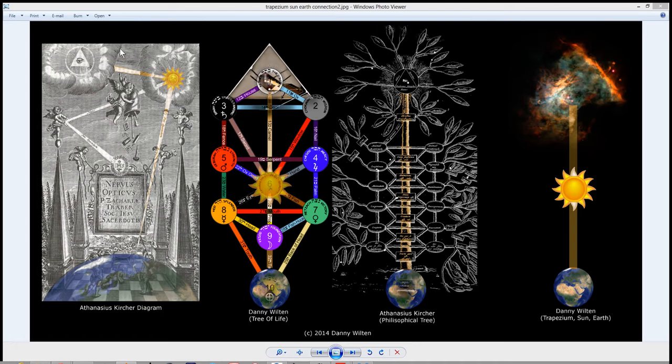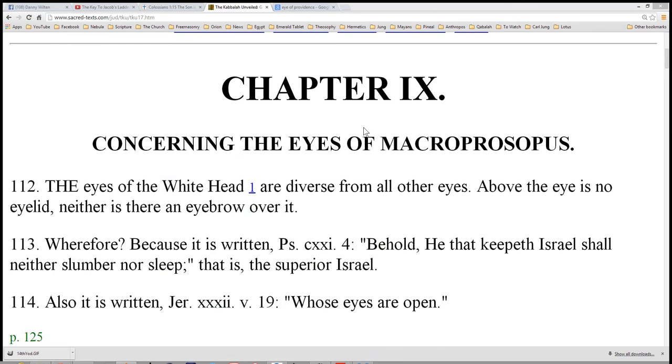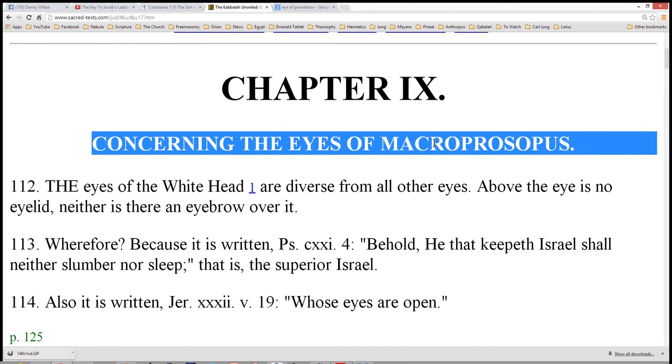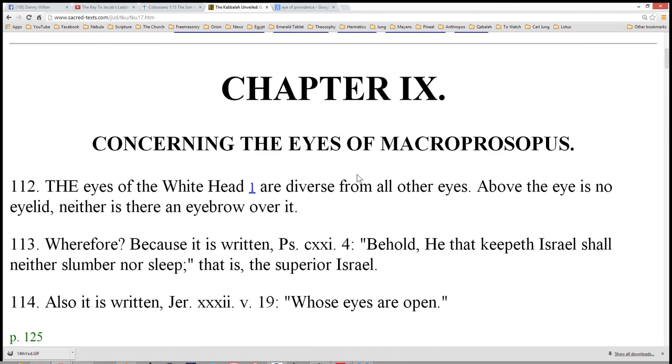I'm going to stop him right there, and I'm going to show you. This is from Kabbalah Unveiled, and this is the macroprosopis. Okay? Now, just to identify what the macroprosopis is,